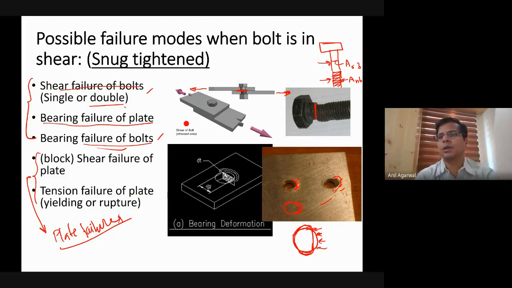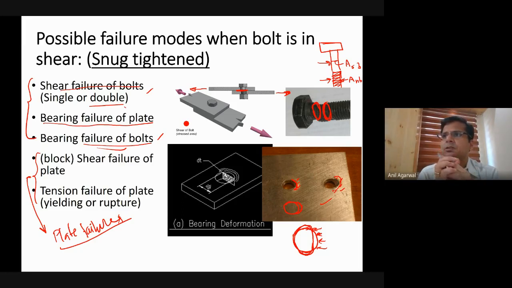Another one would be some material property, right? Here you should notice that you already know the location of failure. The location of failure is very confined, correct? It is not distributed. The yield plane, the portion which is going to yield, is not distributed over a length. It is already very precisely confined. For example, in this case, this is exactly the plane where the yielding took place, or this and this, these are the two planes where shear yielding took place. So if the deformations are very confined, then